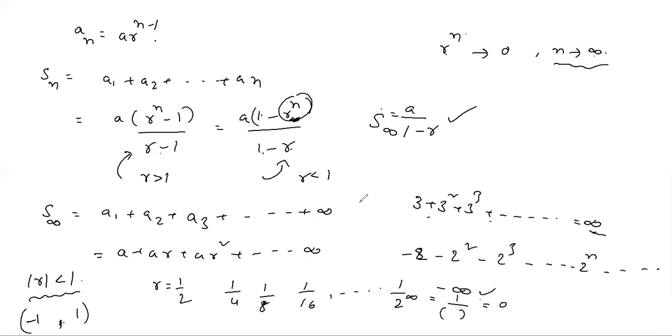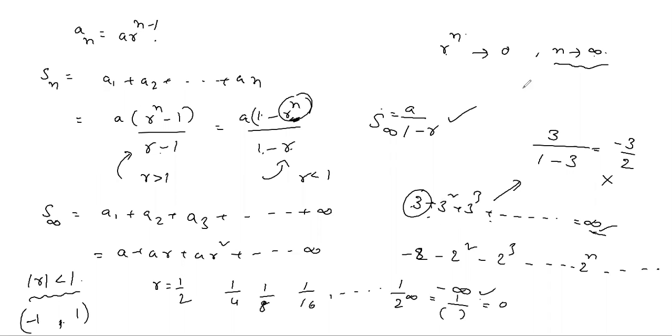If you use this formula outside that range, you won't get the right answer. For example, if you apply the same formula to 3, minus 1 by 3, first term 3, common ratio 3, what do you get? Minus 3 by 2 you will get. But this is wrong, because the sum is only more than 3. We are adding more numbers, so it is wrong. So you have to give the answer according to the formula.